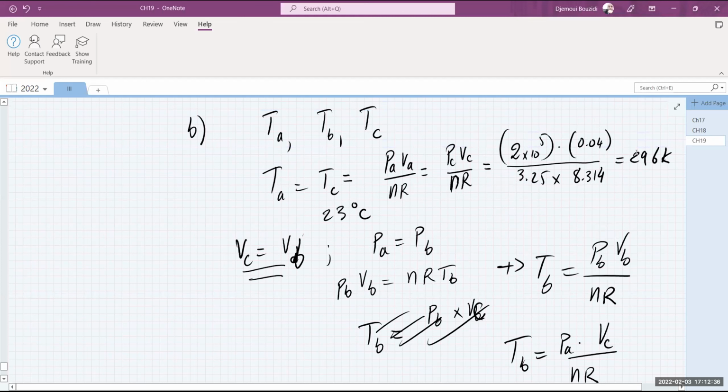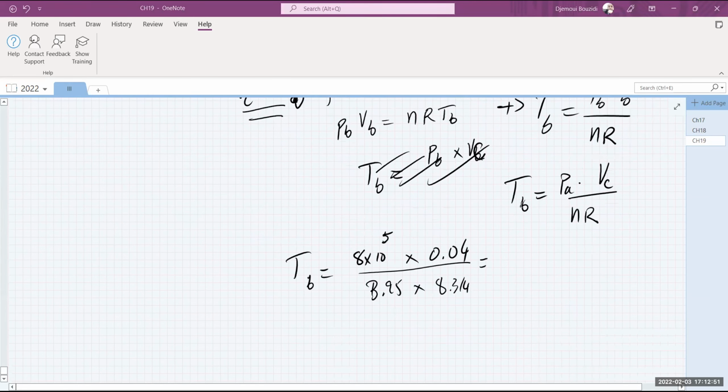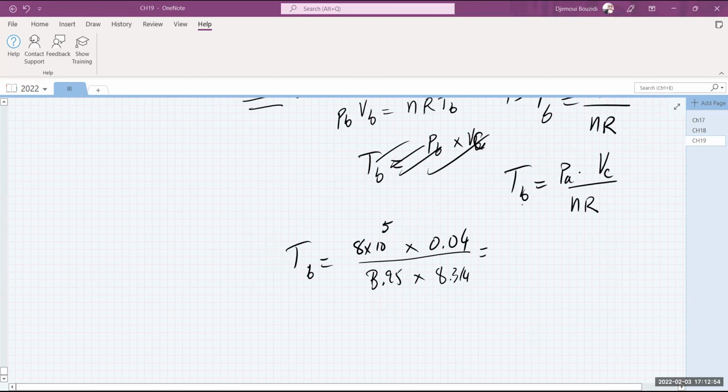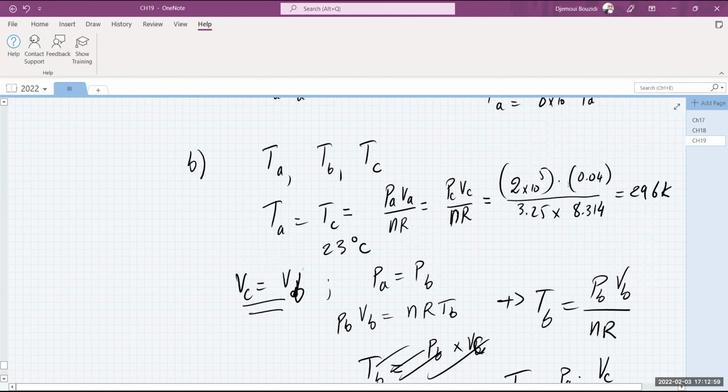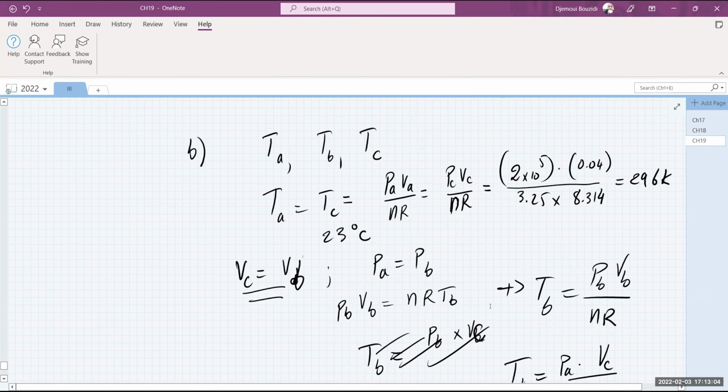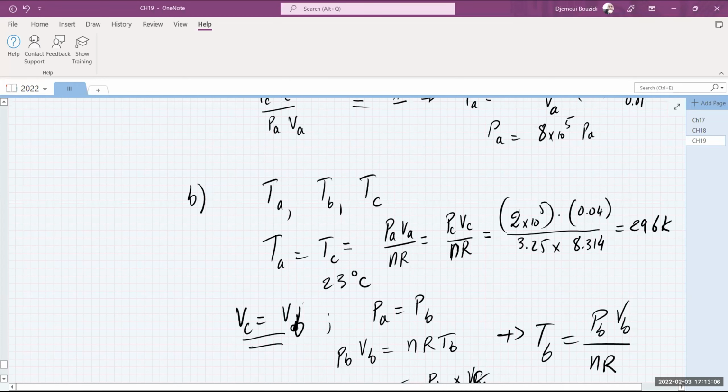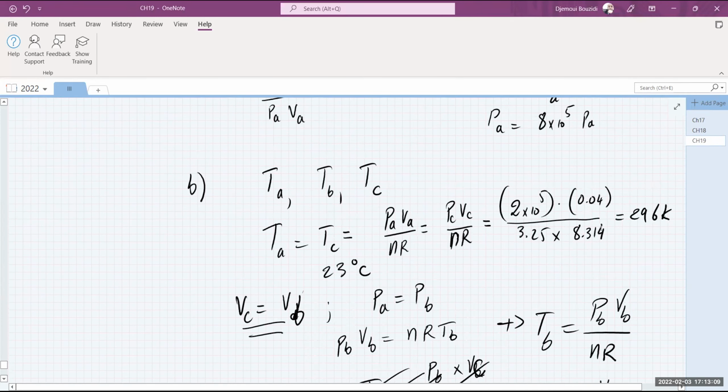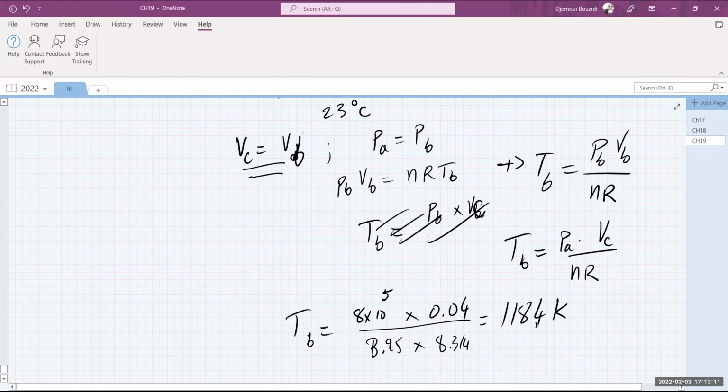So all I have to do is multiply this number by 4, and I'm in business. So it's 4 times 300. It's almost 1200 Kelvin. So that's basically my point in here. 296 times 4 is about 1184 Kelvin. Okay. I took advantage of the fact that we already did this calculation, where all the numbers match. The only thing that changes is the pressure. So the pressure is 4 times as much as before. So the answer to that was about 300 Kelvin, and this should be about 1200 Kelvin.